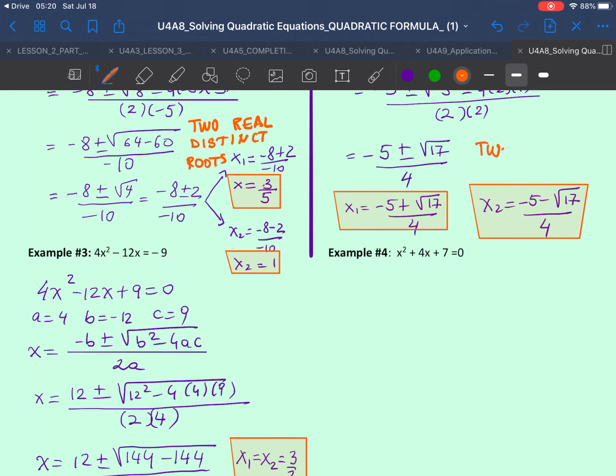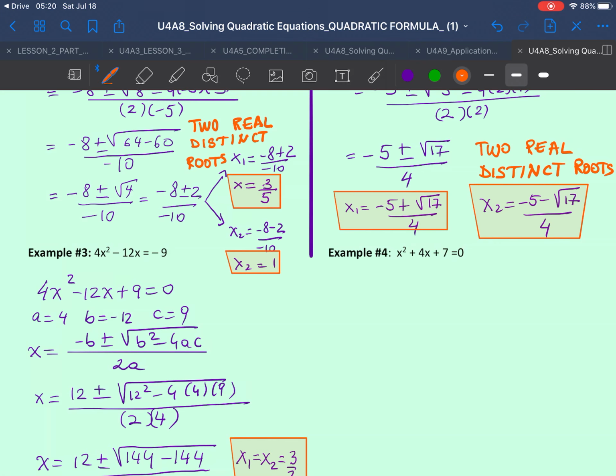Okay, and the same thing happened in the next question. So we had two real distinct roots, but they're not like easy fractions. They have a radical sign in here, so they're kind of irrational, we call them. But this would be sufficient enough. Okay,